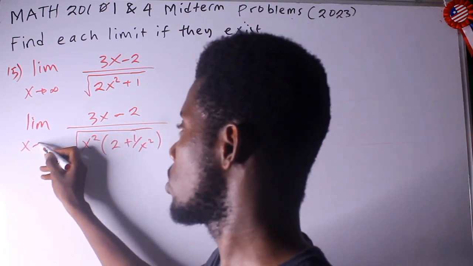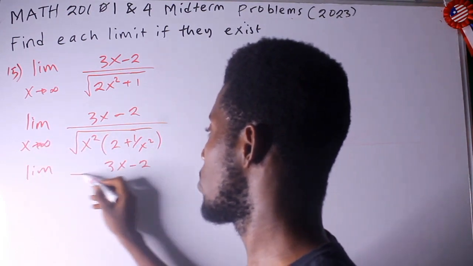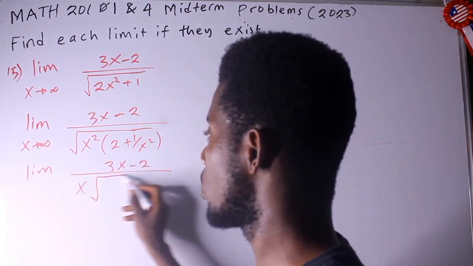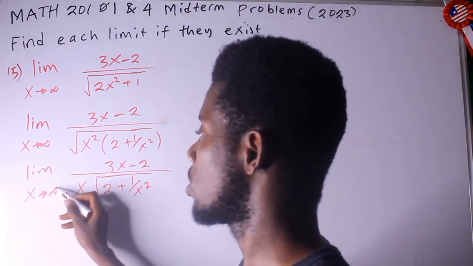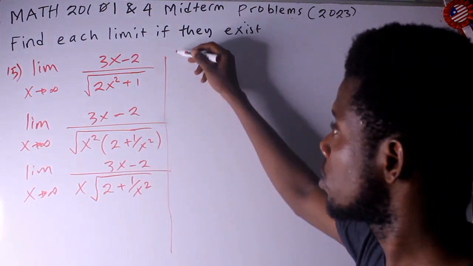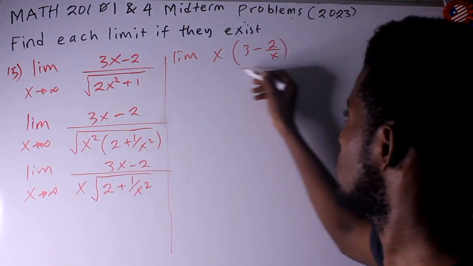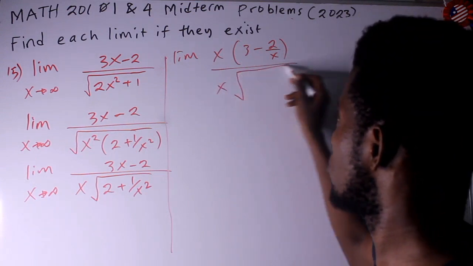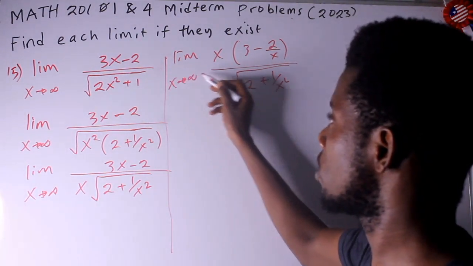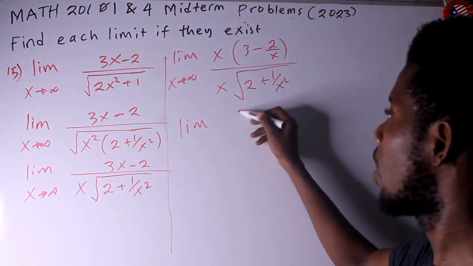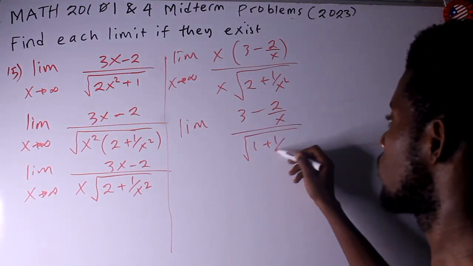So as x approaches infinity, I will have the limit of 3x minus 2 all divided by x times the square root of 2 plus 1 over x squared, as x approaches infinity. So I can factor out an x from the numerator. The limit of x times 3 minus 2 over x, all divided by x times the square root of 2 plus 1 over x squared, as x approaches infinity. So this x I'm going to cancel out. I'll have 3 minus 2 over x all divided by the square root of 2 plus 1 over x squared